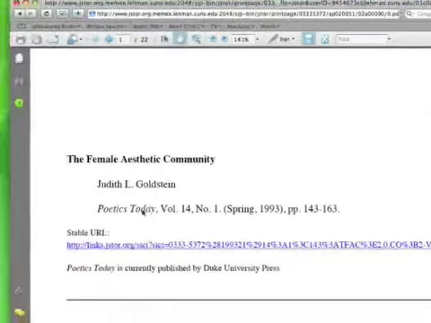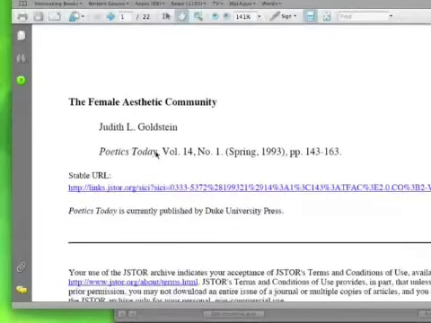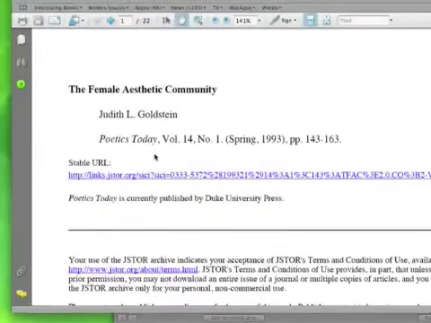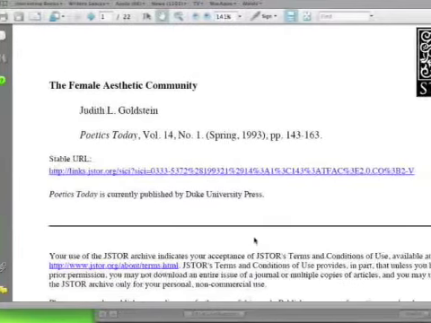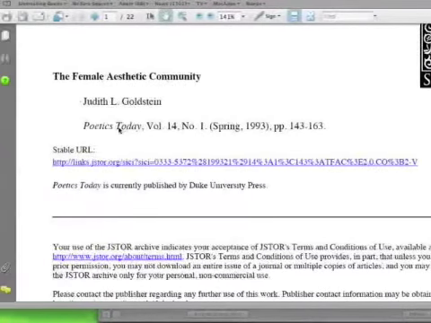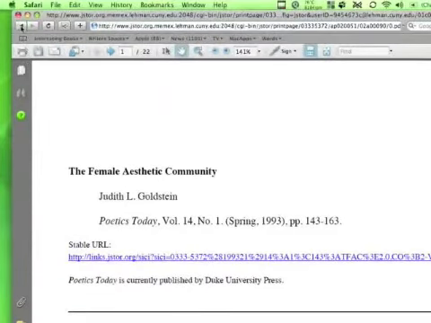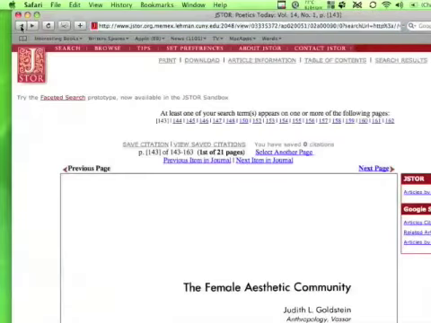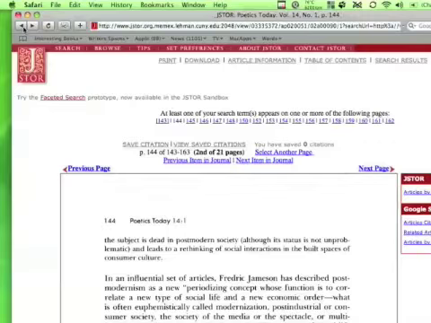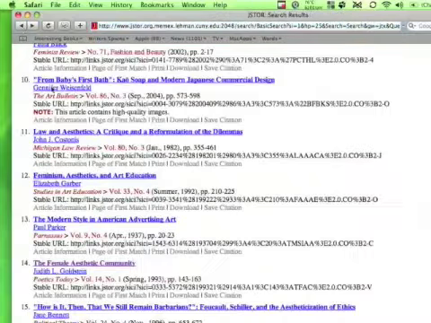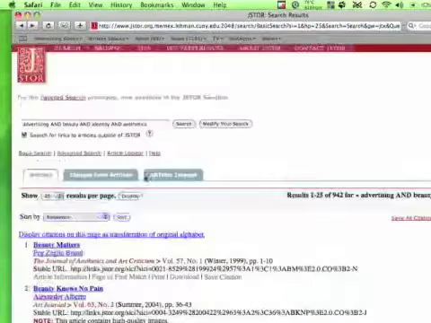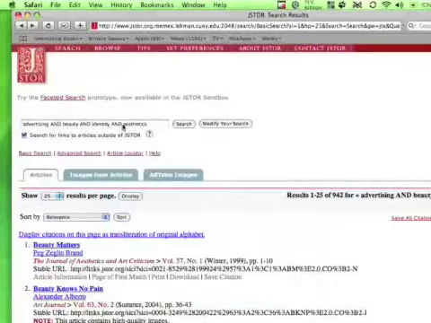This isn't just something that you would expect to find in Poetics Today necessarily, but it is interesting that it is there. So you don't always judge the journal. It might be helpful. One thing that you will find is that if you use something like the word aesthetics, you will get perhaps more academic articles, because aesthetic is a more academic